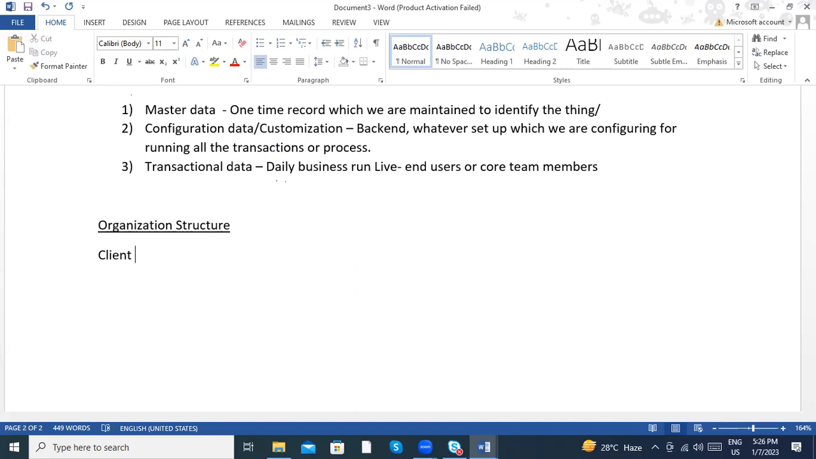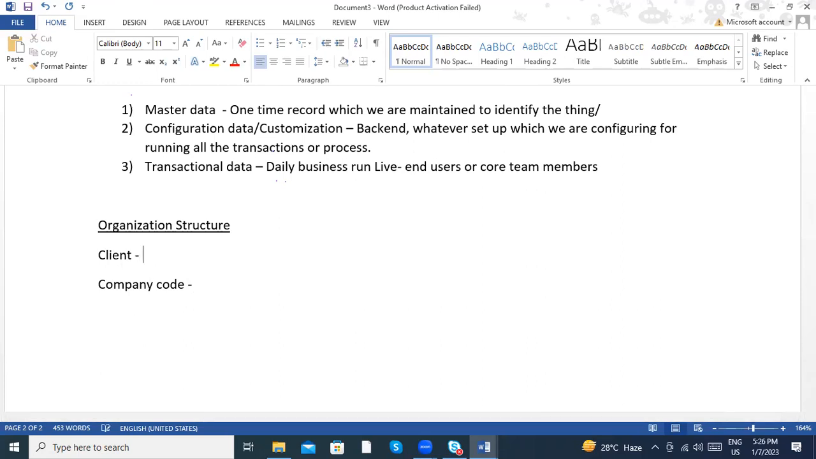Client is like Mahindra is my client, Tata is my client, Tata Group is my client, Reliance Group is my client. So it's a group of organizations, a group of company codes. At the highest level is the client, then the company code. Company code is nothing but, like I said,